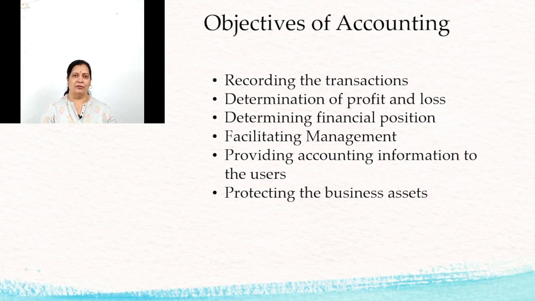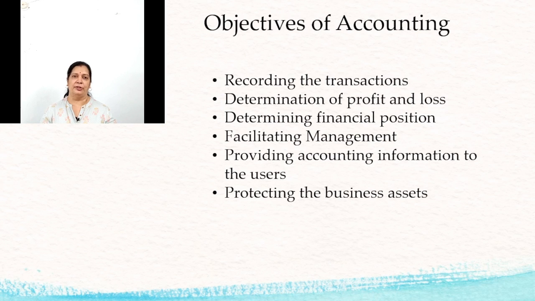By that we are going to know प्रॉफिट्स कि बिजनेस में कितना प्रॉफिट हो रहा है या लॉस हो रहा है। उसके बाद जो नेक्स्ट हमारा ऑब्जेक्टिव आता है दैट इज डिटरमाइनिंग द फाइनेंशियल पोजीशन ऑफ द बिजनेस। फाइनेंशियल पोजीशन ऑफ द बिजनेस इज डिटरमाइंड बाय प्रिपेयरिंग द बैलेंस शीट। हम बैलेंस शीट बना के फाइनेंशियल पोजीशन मीन्स एसेट्स और लायबिलिटी की क्या वैल्यू है उसे डिटरमाइन करते हैं।